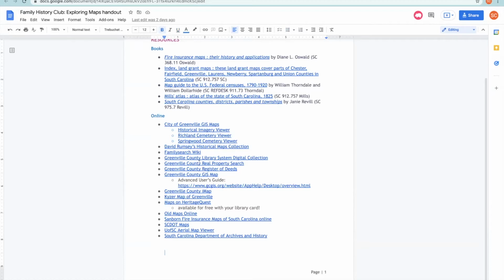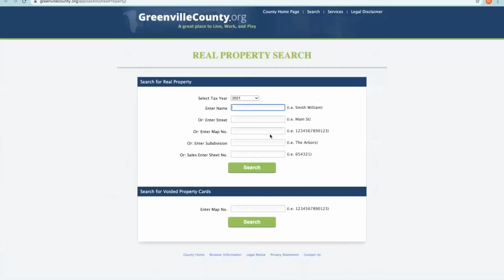Let's actually try under where it says Greenville County Real Property Search. This is really neat, and I don't know if everyone knows about it. I want to show you this really quickly, and this will actually link us to that GIS map. So I think it'll be good to show. Basically, this is a Greenville County property search, and we can do this by name or address. If you know the map number, you can enter that in as well. I'm going to do the library just because that's an easy one to do here. You don't even have to enter the full address. I'm just going to do 25 Heritage Green.